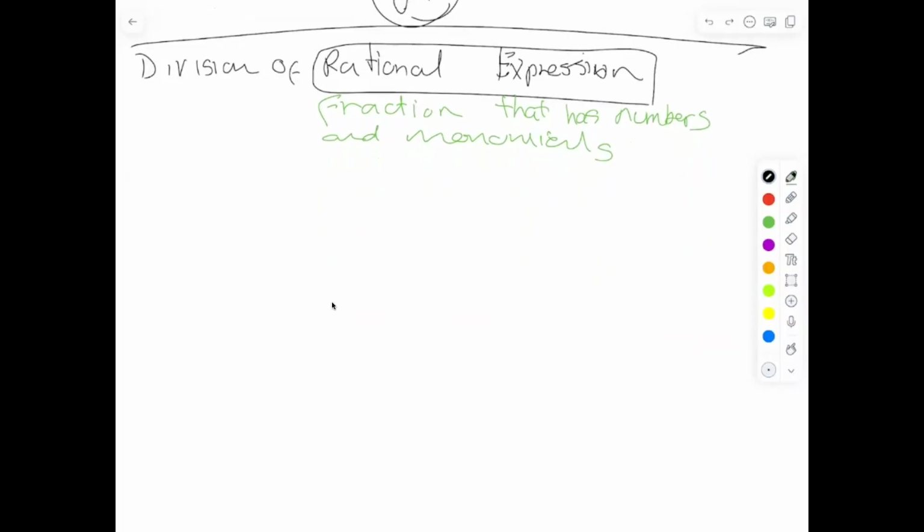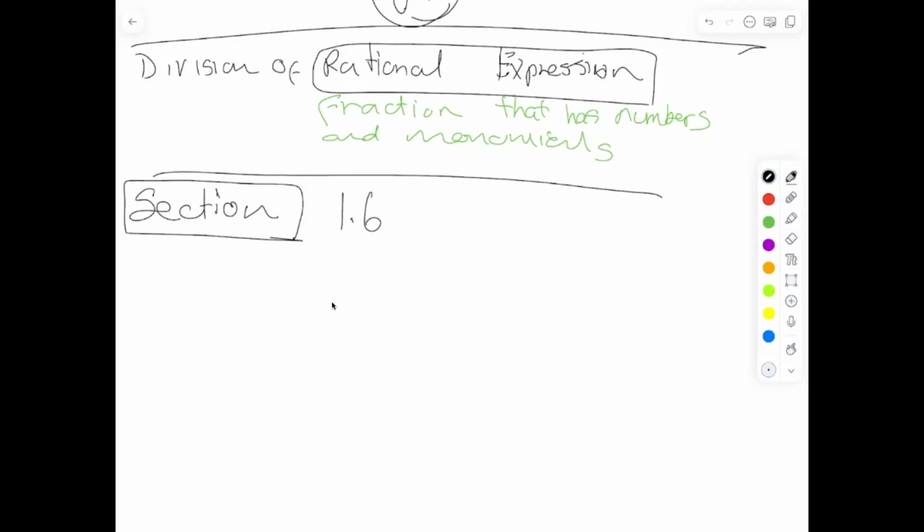So let's do an expression here. I skipped over section 1.5. I'll leave that for last. Section 1.6, chapter 1. I was at 1.4 when we did addition, subtraction, multiplication, and division. And now I am in section 1.6 of chapter 1. So let's do an example. Before I do this example,